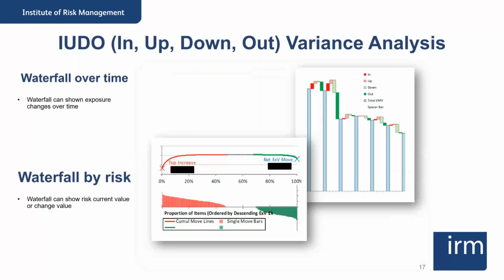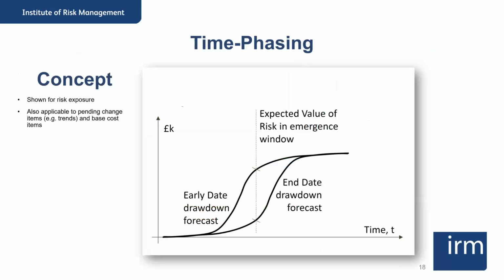And you can plot those changes over time as well. You can look and say, how has our risk exposure fallen? You can see how new risks have come in, but other risks have gone out. Some risks have increased, some have gone down, but our net change has gone down. Tools like this can really help you point to the big changes and quickly explain those top 5 variances that you've had over time.